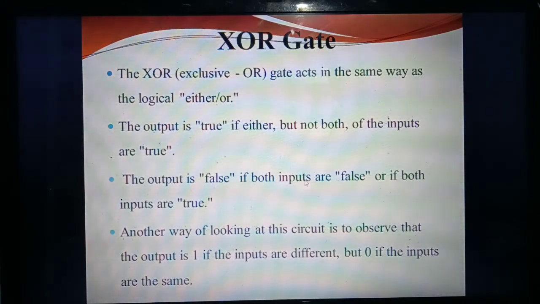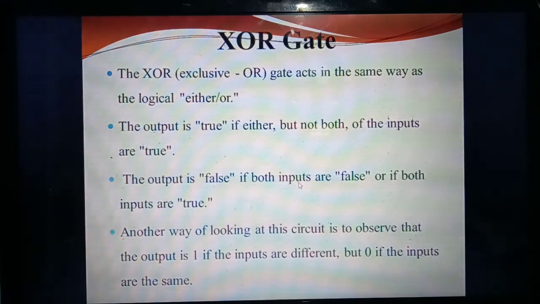Okay. So listen, when you are getting the output true, if either one of the outputs is true, you will get the output true. If both the inputs are the same, you will get the output false. For example, both inputs are the same: 0, 0. Inputs are the same. 1, 1. Inputs are the same. At that time you will get the answer 0. Remaining things, you will get the answer as 1.